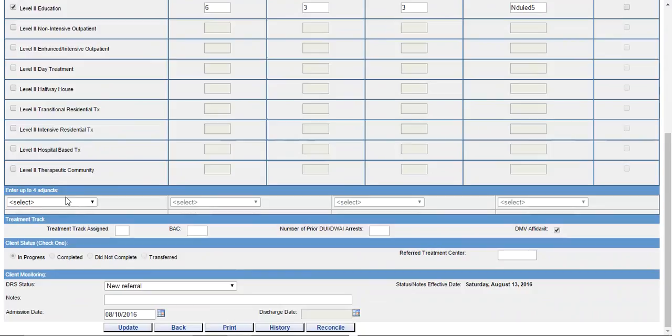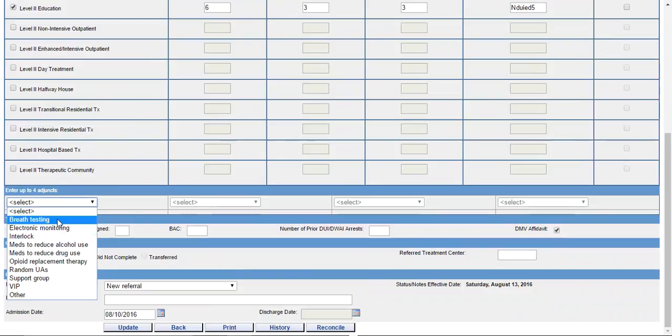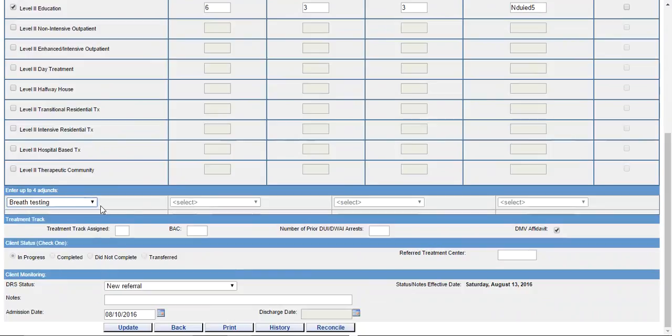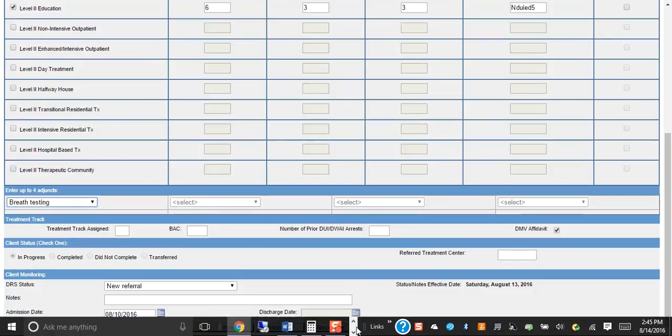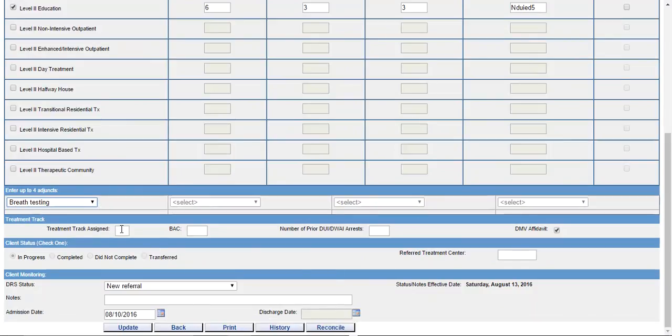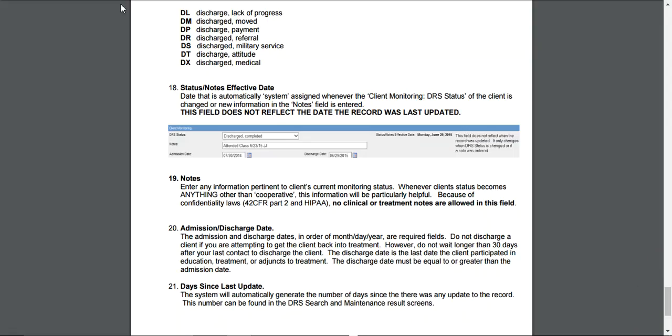Down here, the adjuncts mean, are they signed up for breath testing, UAs, anything else? When you reconcile a report, the track should just flow right in there. The BAC also will flow in there, but if we go to the DRS guide,